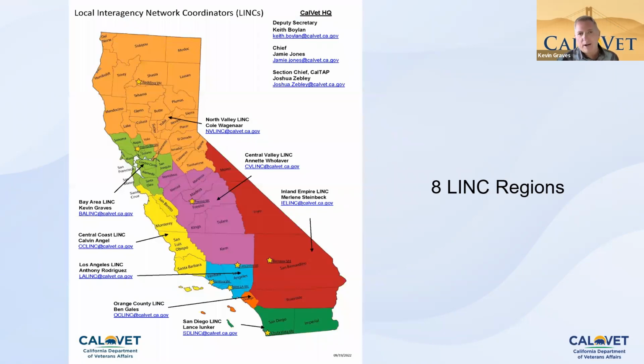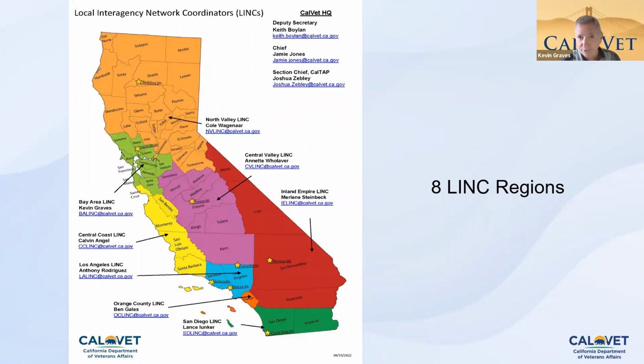So we're broken up into 8 regions. So there's 8 of us that cover the entire state of California. My region happens to be the light green area in the Bay Area here, where you guys are located. Well, at least where Skyline's located. And I have 10 counties, including the 9 Bay Area counties, as well as San Joaquin County. But we have individuals spread out throughout the state.